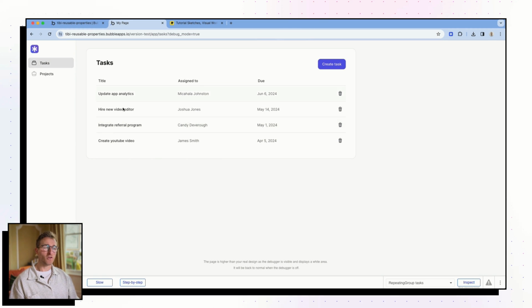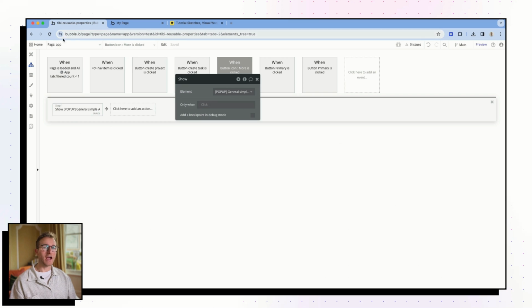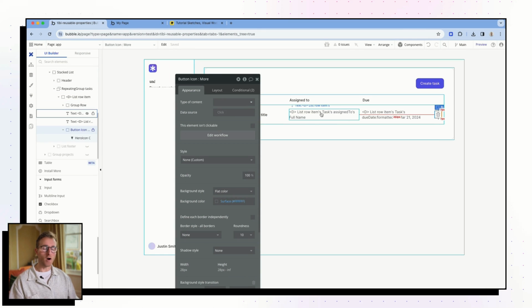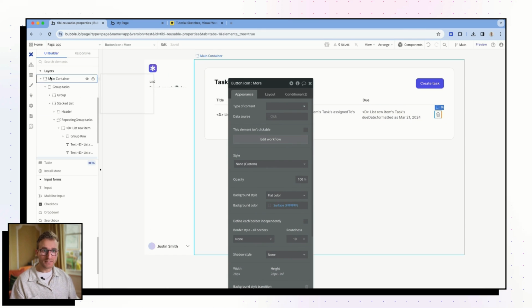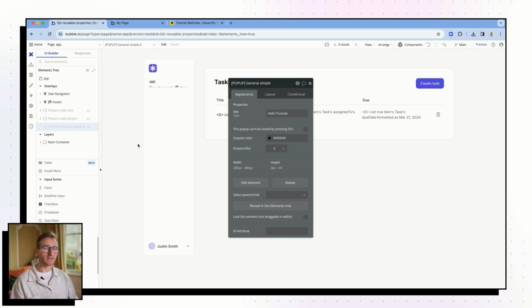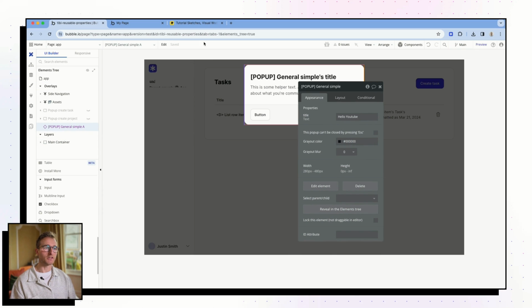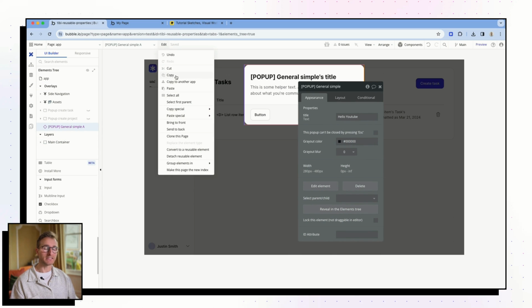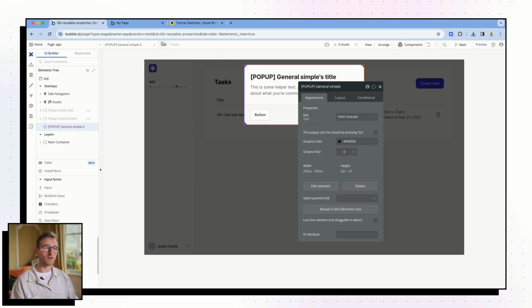Now the question is, how do you configure this to operate in multiple places? In this kind of simple example, you could get really crude with it, and I could just create another instance, as you would call it, of this pop-up. So this is now my general delete confirmation task.